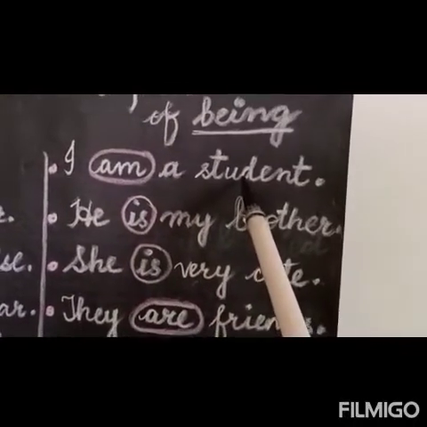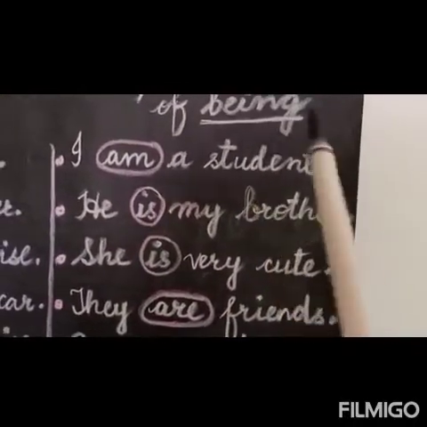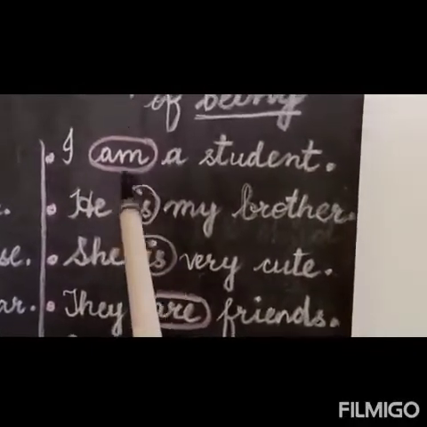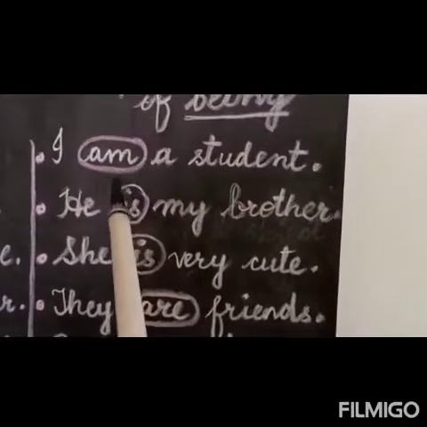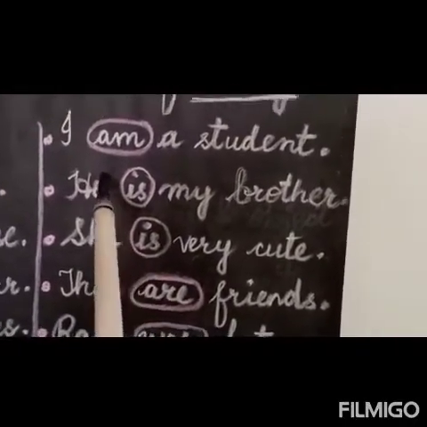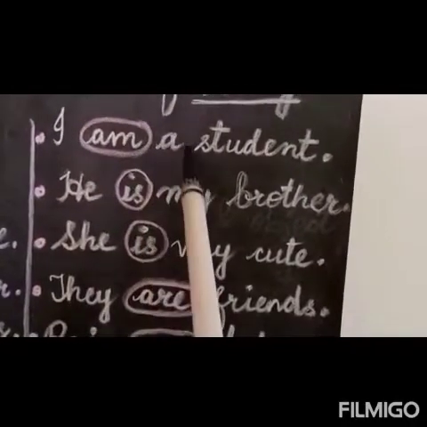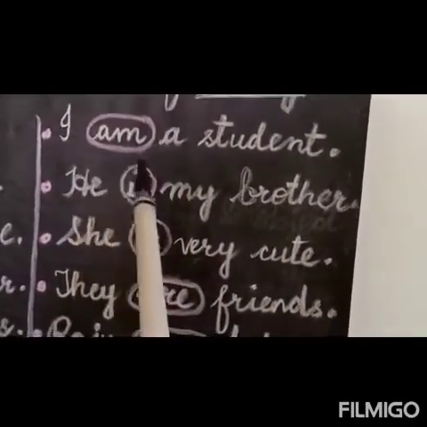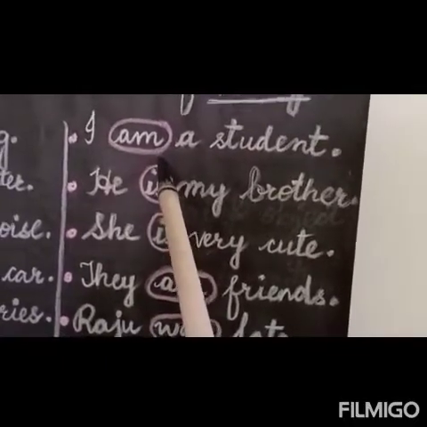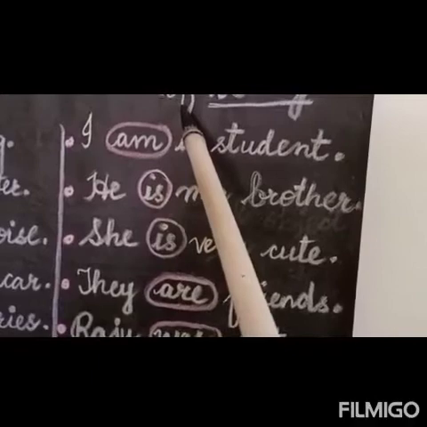My dear students, in our previous class, I told you that in English, no sentence can be framed without a verb. But it is not necessary that every time the verb will show us action. Sometimes it can show us the state also. You see, I am a student. Here this am is a verb, but it is not showing any action. It is not any physical activity. It is simply the verb of being. It is showing a state.